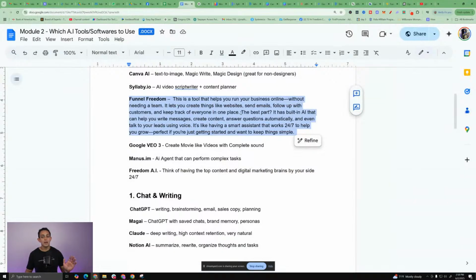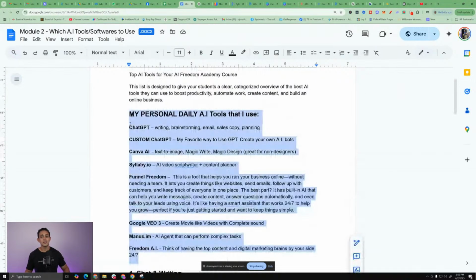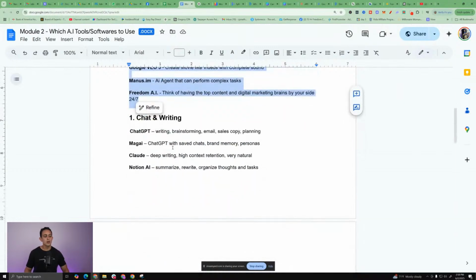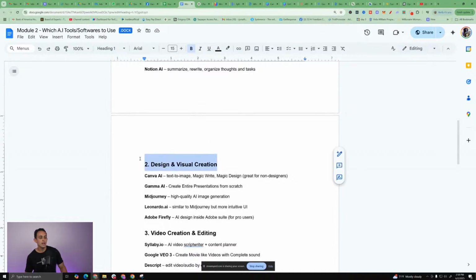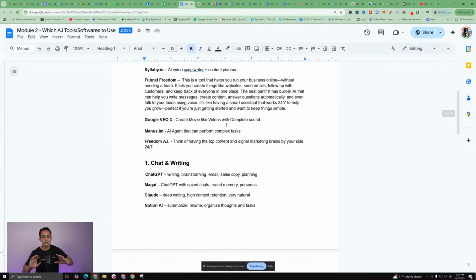Again, I still use a lot of the tools. These are just the main ones I use pretty much daily. But we're going to go through all of them. And what I've done for you is I've grouped them together, that way, depending on what you want to do, you can go to the group and figure out, okay, this is what I want to do. I'm going to try to make this very simple for you. I don't want you to get overwhelmed.